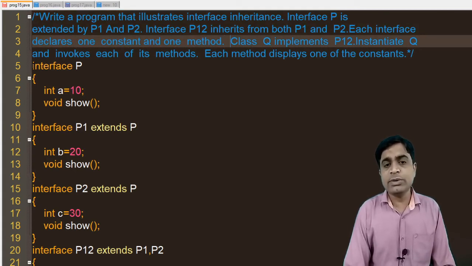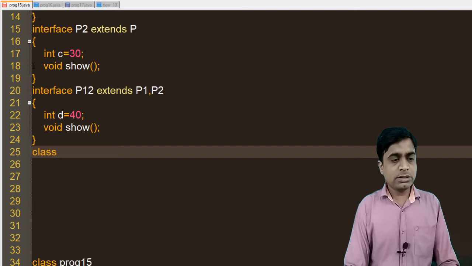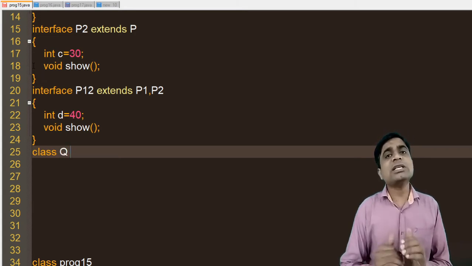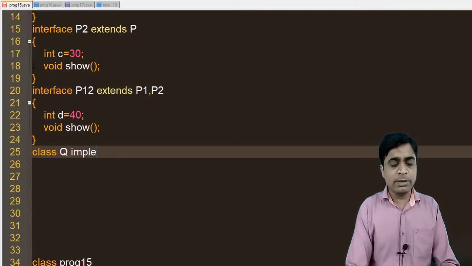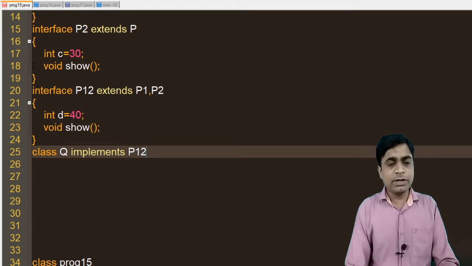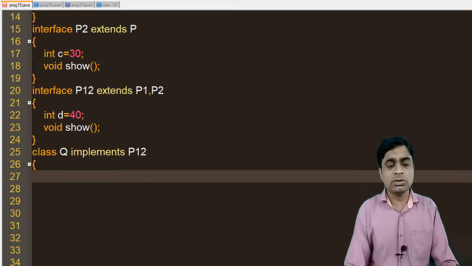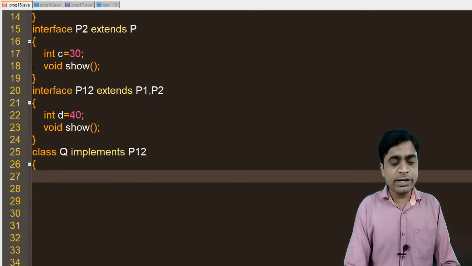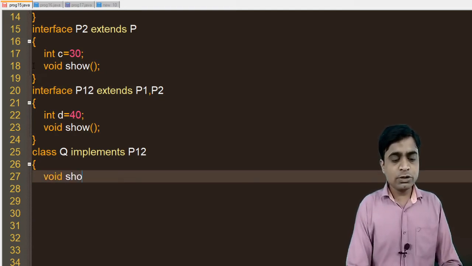Now we need to create a class Q that implements P12. So here I am creating a class Q. If a class wants the properties of an interface, then we need to use the keyword implements. Here P12 extends all the data of the interfaces above, so Q can also access all the variables, but we need to override the declared method, void show.